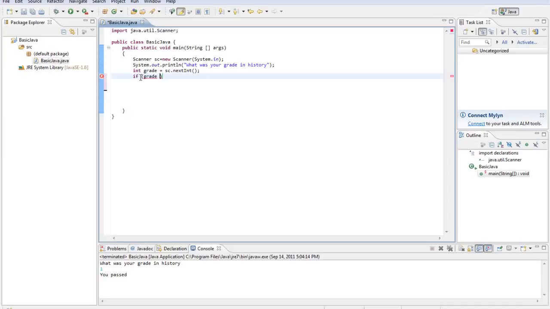So let's say we were shooting for an 89 for our grade in history, and we want to test that. We would not type if grade equals 89, because what that does is it tries to set that. You see up here we're setting grade equal to the next thing. So that would tell it grade is equal to 89, not asking it is it equal to 89, but saying it is, and that's not true. So what we do is we do a double equals mark. So that says if grade is equal to 89, then